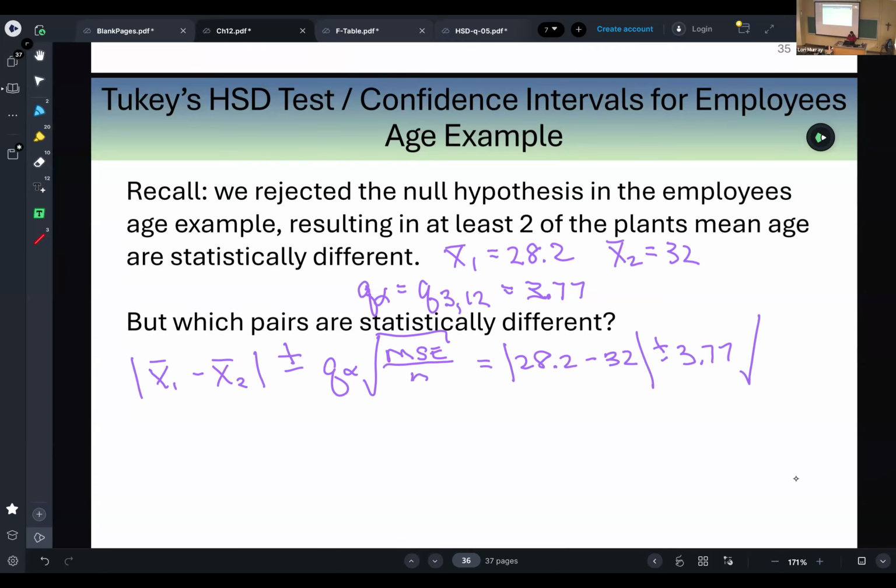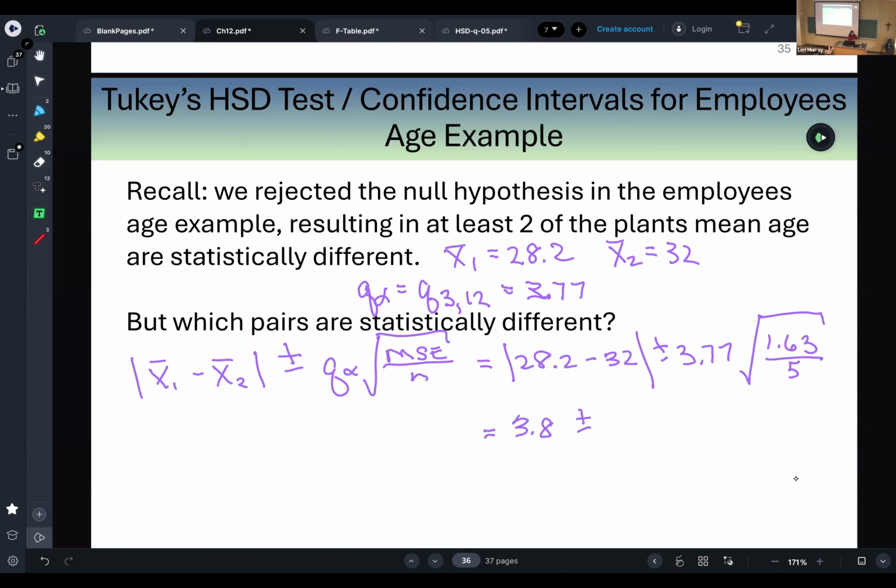And if you look back on your notes, the mean square error for that ANOVA test was 1.63. Then we divide by n, which is 5, because there were 5 employees at each plant. And then we get an absolute value of 3.8